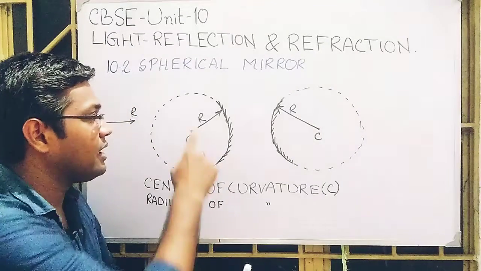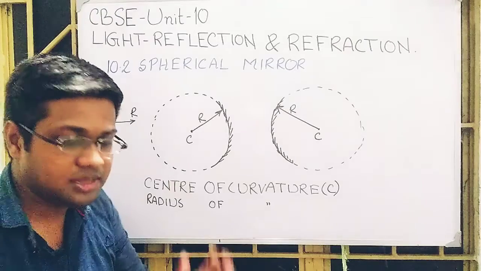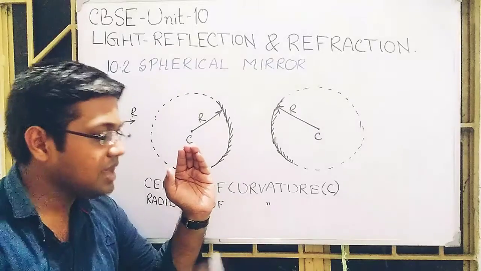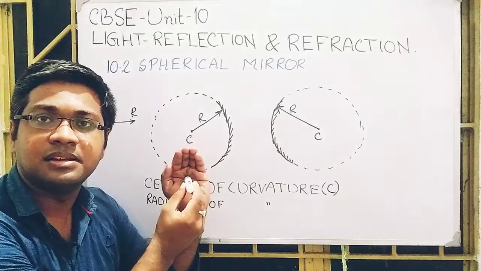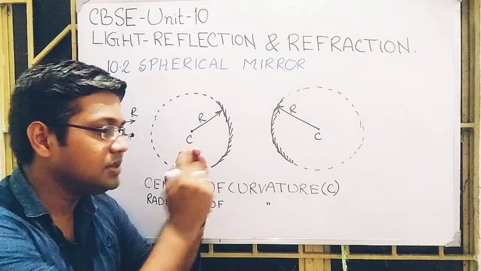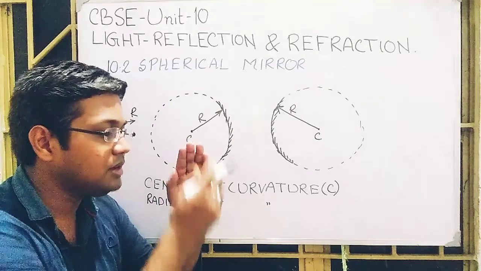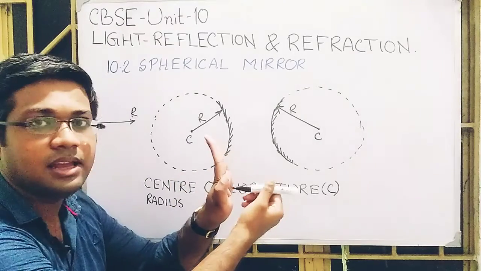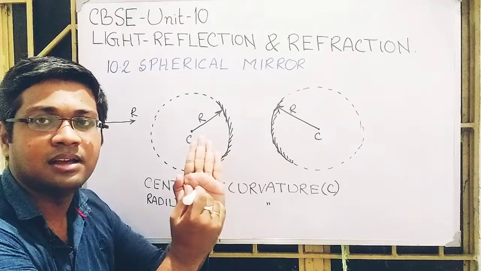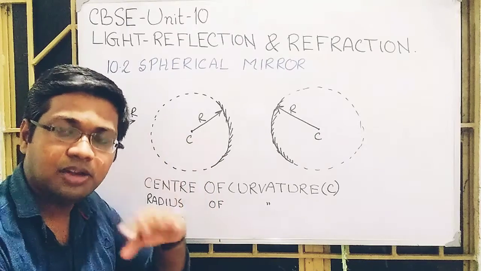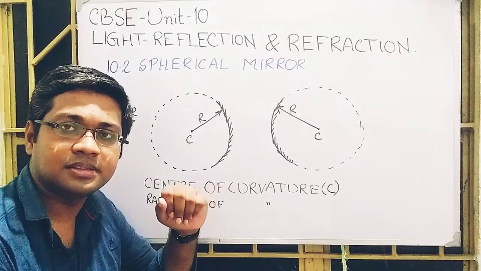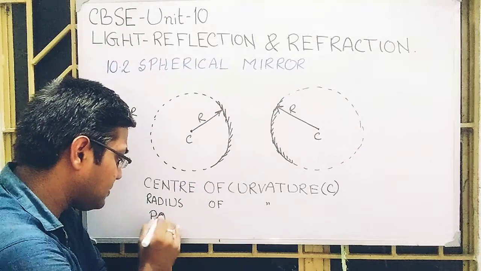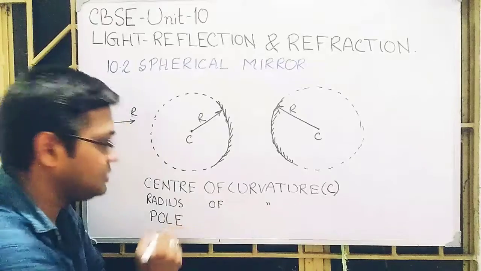After that, since I am talking about this mirror surface, it looks like this. So obviously it has a middle point like this. If you take a spoon, then obviously this curved surface also has a middle point here, and if I take this as a surface, this thing as a surface, then here it has some middle point like this. The middle point of this curved spherical surface is called the pole of the mirror.